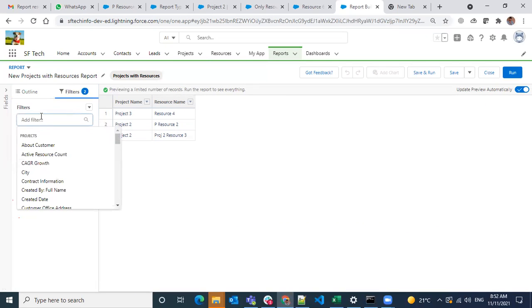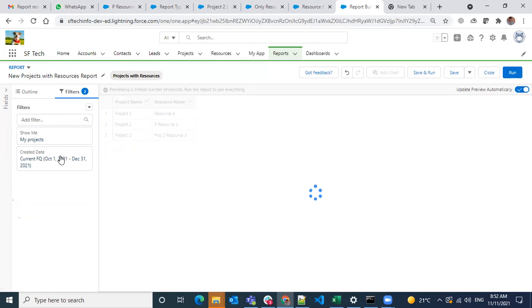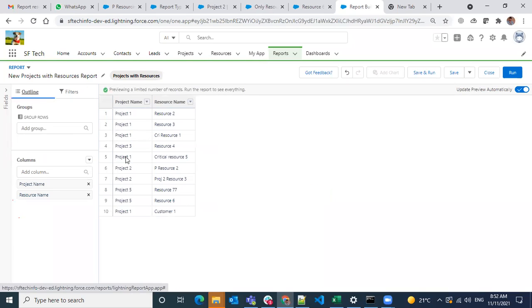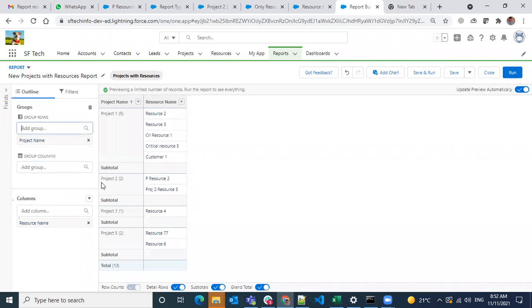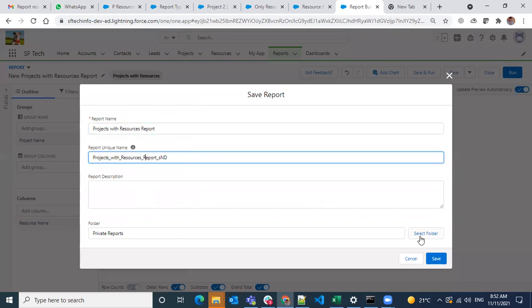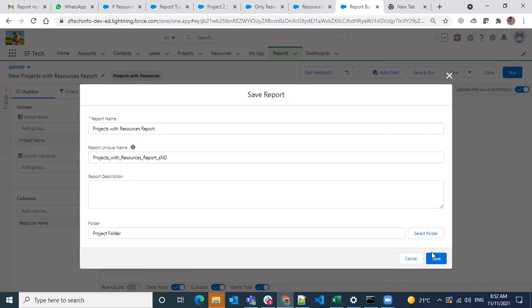Let's see how it behaves. All projects, and I'm giving all time data so that it displays all the data. Now group by project name, so each project is shown, and save as. I'll name it Projects with Resources report and save it in the project report folder.